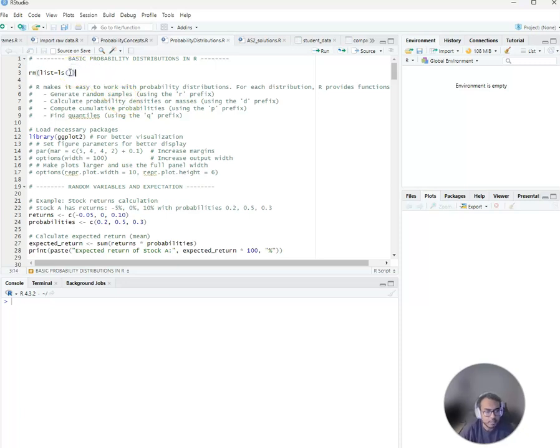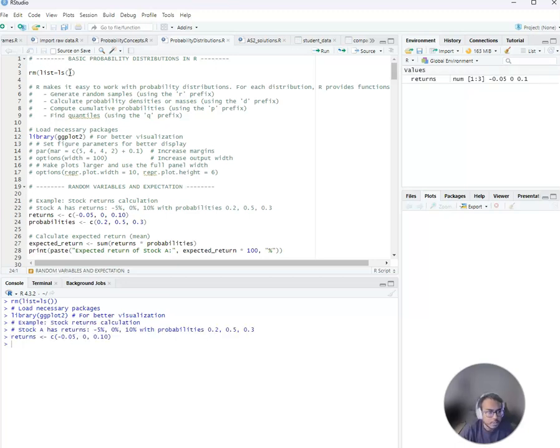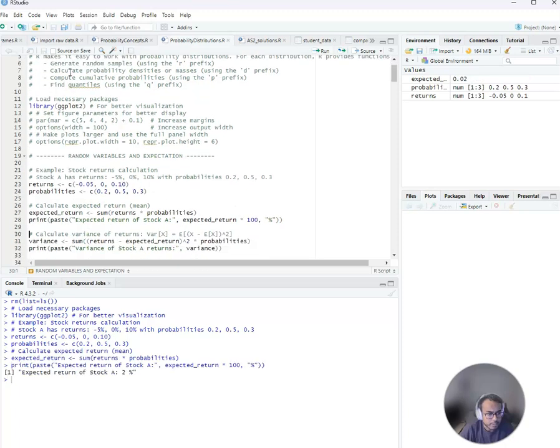So let's begin by clearing out the environment. We need the ggplot2 package for the visualization. First we will calculate expected returns for a stock that has the returns -5%, 0%, and 10%, with corresponding probabilities 0.2, 0.5, and 0.3. So I create vectors storing this information separately and then calculate the expected return. So the expected return of stock A is 2%, which is consistent with what we find